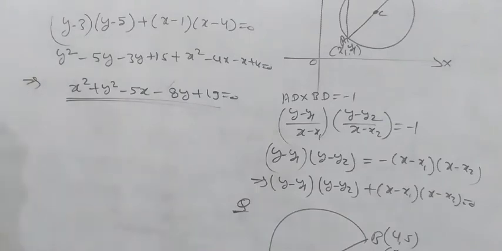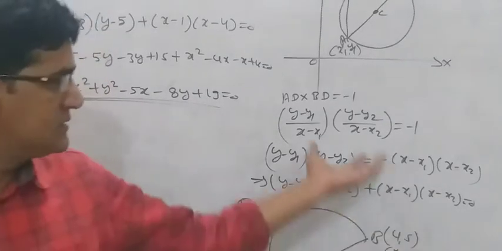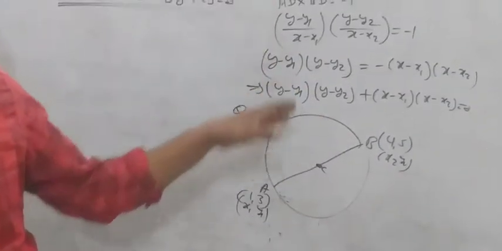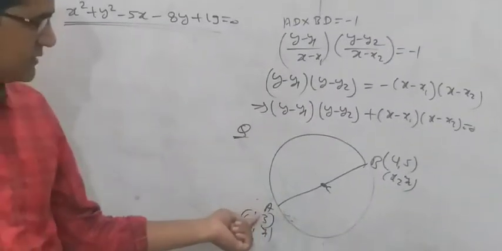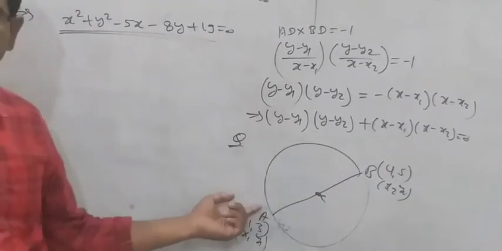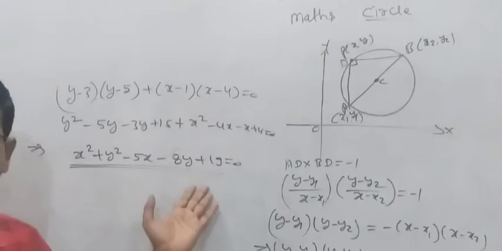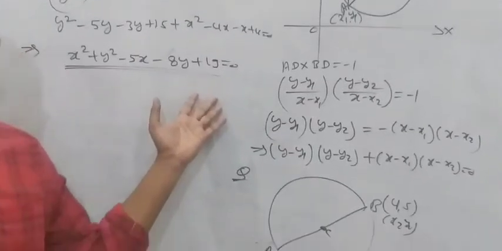Understood? Any doubt? This is the derivation of the formula. How can we use the given formula in any question? If the coordinates of the diameter of the circle are given, we can put them in this formula. After calculation, the answer will come. Understood? Okay, good.